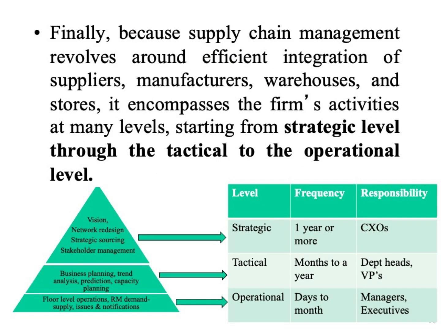In order to make an efficient supply chain, management has to take various types of decisions. The operational level decisions involve the day-to-day operations as well as the floor-level operations. Tactical level decisions can be taken on a yearly basis, and involve trend analysis, production and capacity planning. The third level is more critical decision-making, where strategic decisions involving stakeholder management are taken.